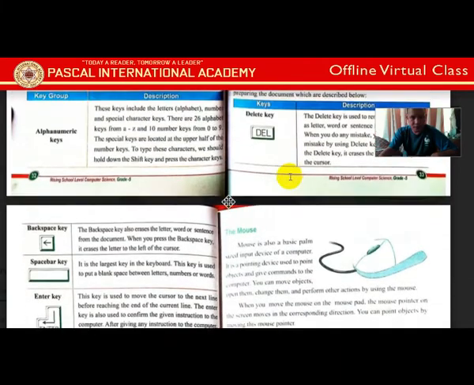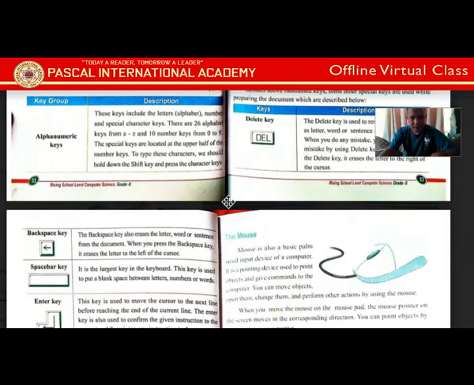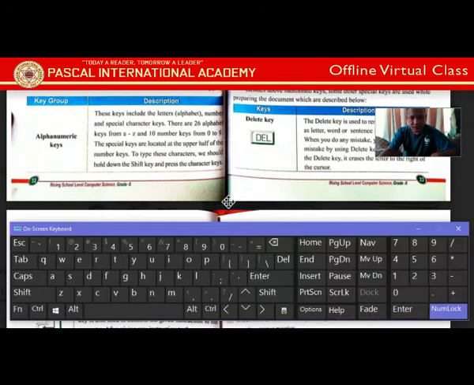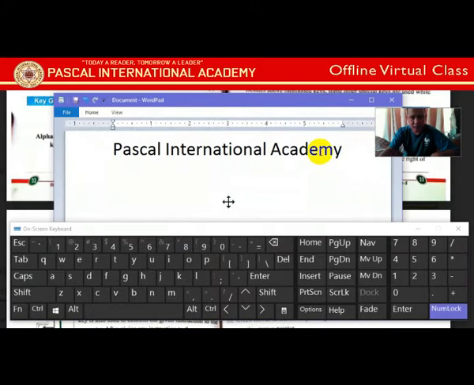So for another function, what we can do is, let's activate it once again. If you just click here and press the delete key, then nothing will happen. Why? Because after this cursor there is nothing. If you press before A and press the delete key, then it will delete. See? That is the function of the delete key.